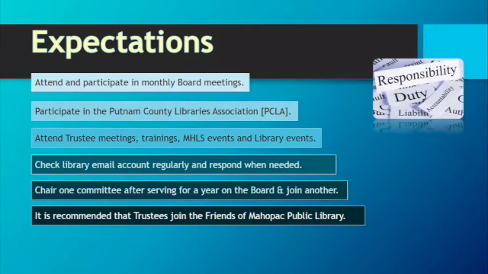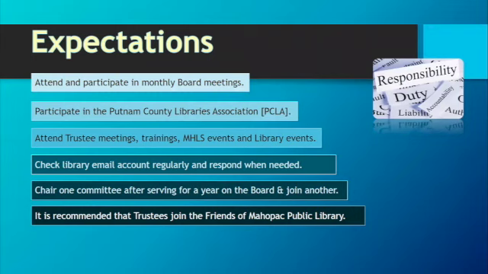During COVID, we've been meeting virtually and will continue to do so as long as the governor extends the suspension of open meetings law. Meeting materials are posted a week before each meeting so that board members and interested members of the public have the opportunity to review before the meeting. It is especially important that trustees read the materials thoroughly before the meeting so they are well informed of library issues and concerns.